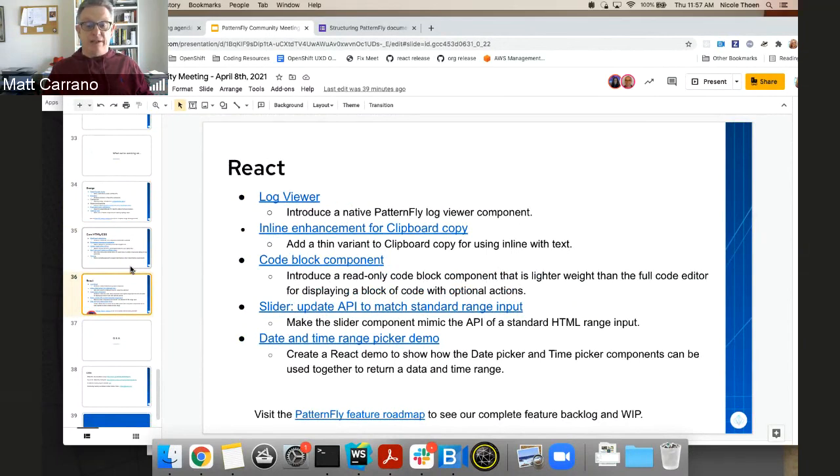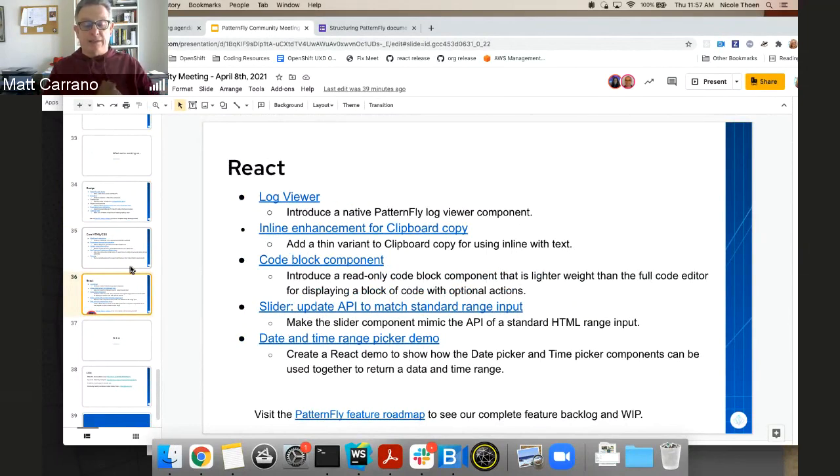So we are currently in the process of doing that rework, and also we'll be introducing a new demo that shows the date and time range pickers shown together.